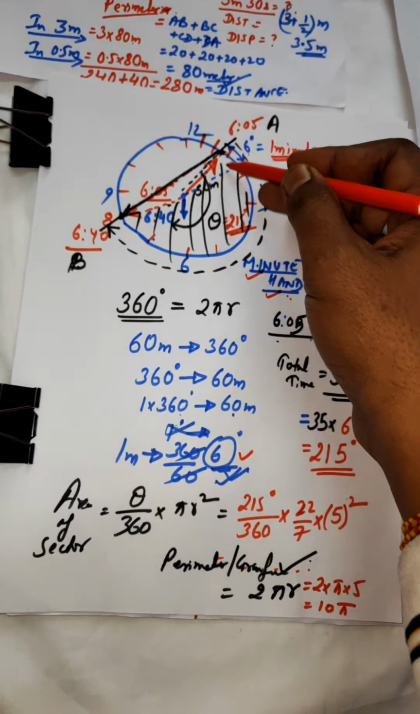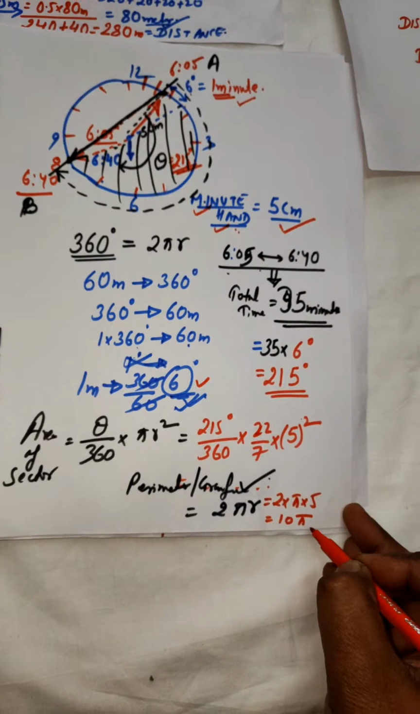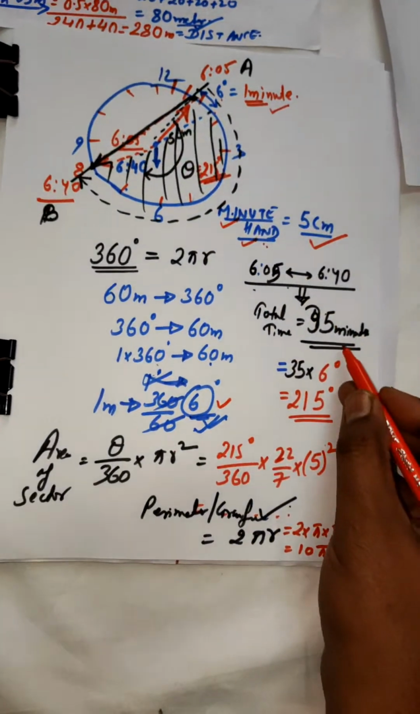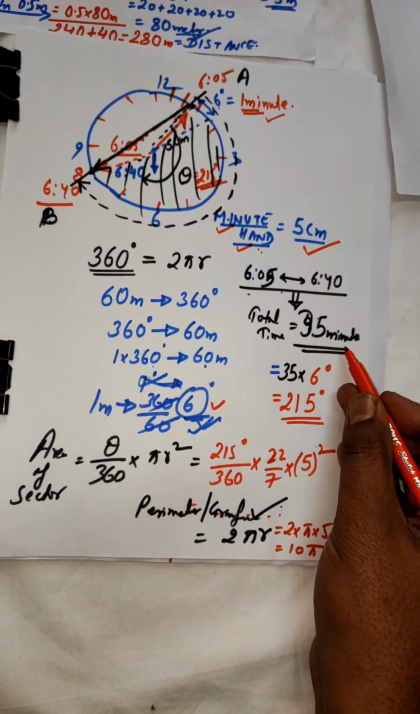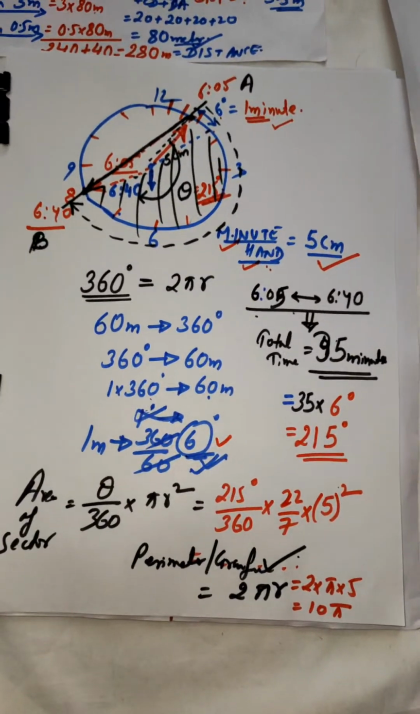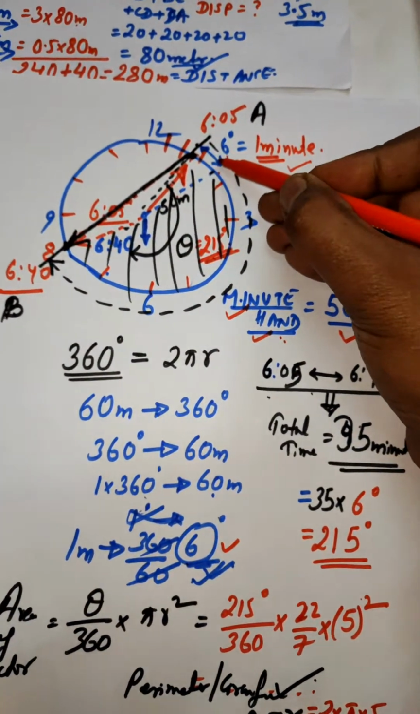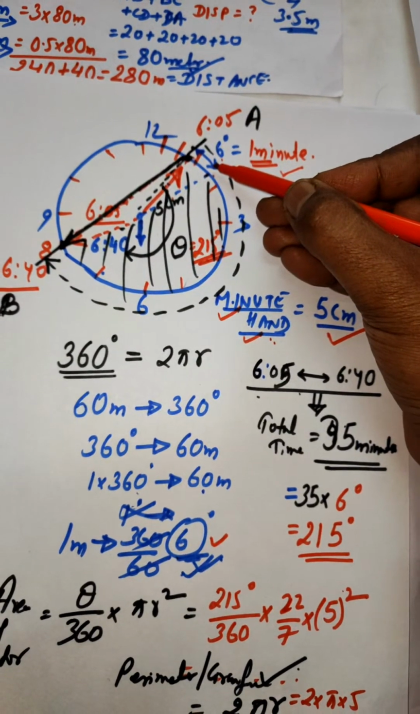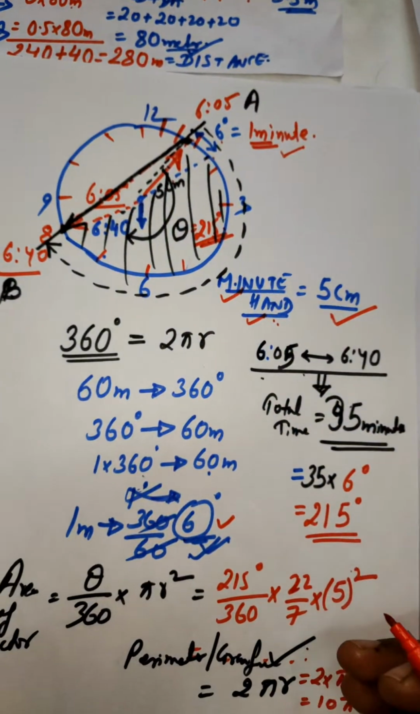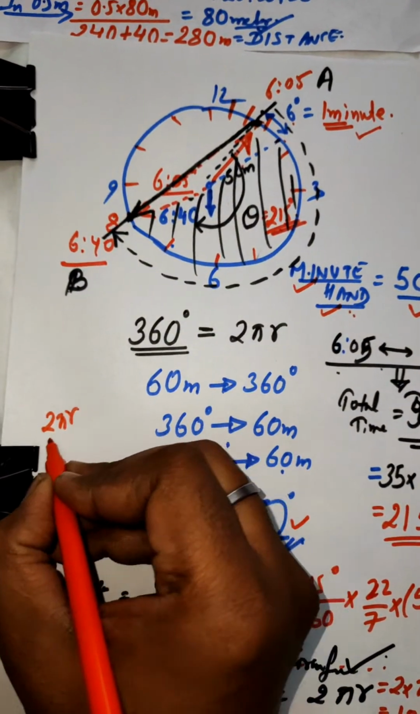When the minute hand completes one round, it covers 2 pi r, that is 10 pi, that is the distance. Now when it covers 35 minutes, in 1 minute how much is the distance he covered? Let us find it out. In 1 minute he will be covering 6 degree. So if this 2 pi r is the total circumference, then just divide it by 60